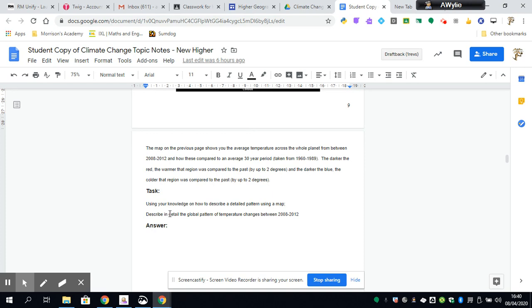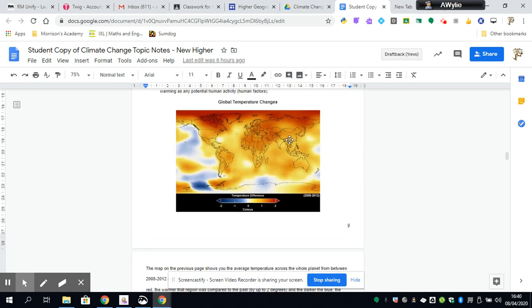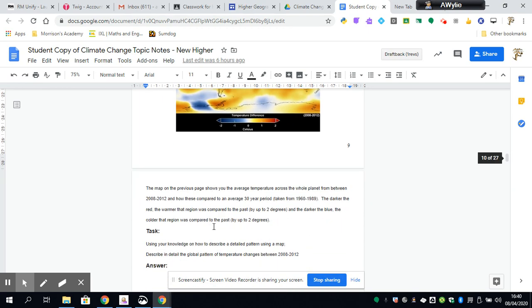And remember, when you're describing a pattern on a map, you've got to talk about areas of the world. This could be continents, this could be oceans. Are we talking about the east, the north, the south, the west? Not of the map, but of an ocean. So it's the South Pacific, for example, down here is very cold. The Arctic region is much warmer than the planetary average. Areas that have only small mild changes are in the equatorial regions, South America and Central Africa. But we can see significant 1 degree warming in this area of the Sahara. So that's how you want to go about describing it